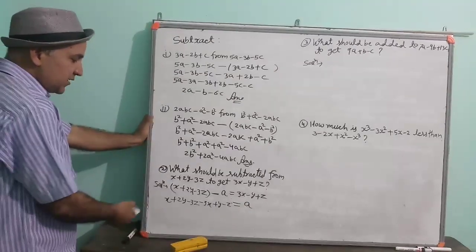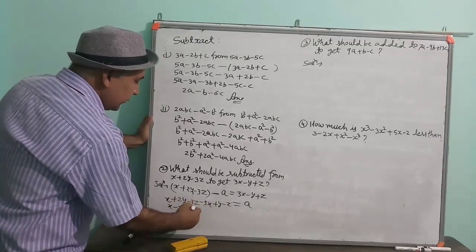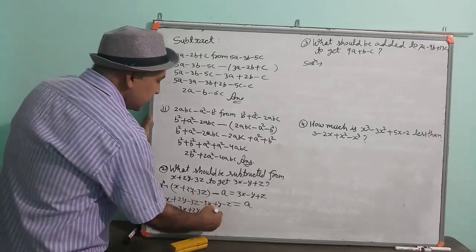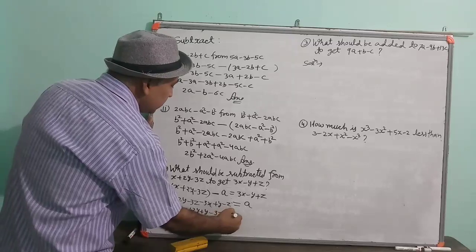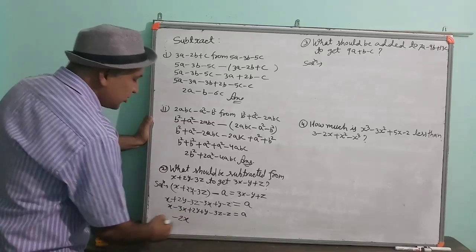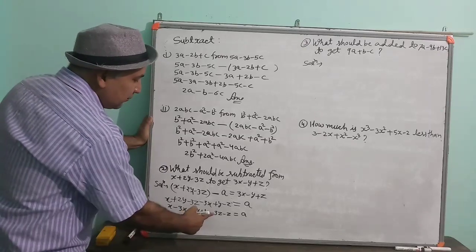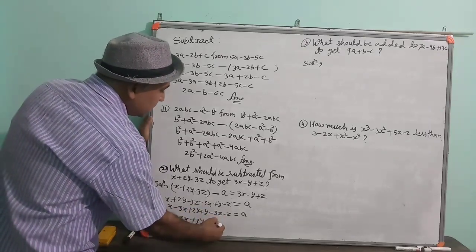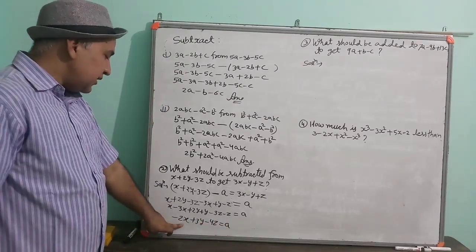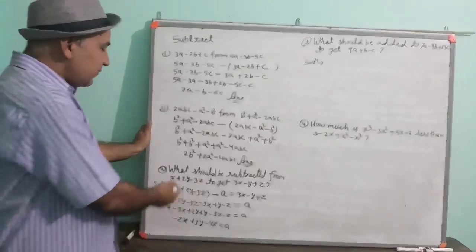Now solve and get your answer. x minus 3x together, plus 2y plus y. You can add directly also. Minus 3z minus z is equal to a. Now x minus 3x is minus 2x, plus 2y plus y is plus 3y, minus 3z and minus z is minus 4z. That means we have to subtract minus 2x plus 3y minus 4z. Understood? You can write one statement.